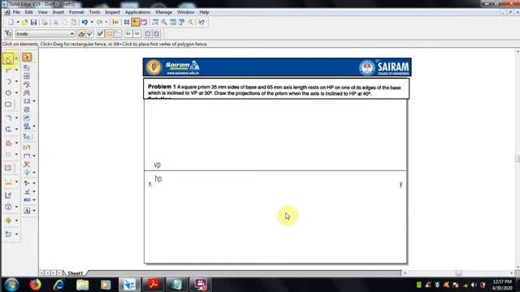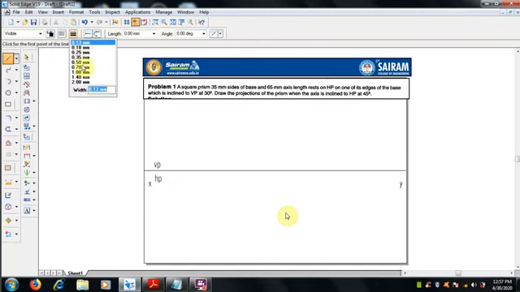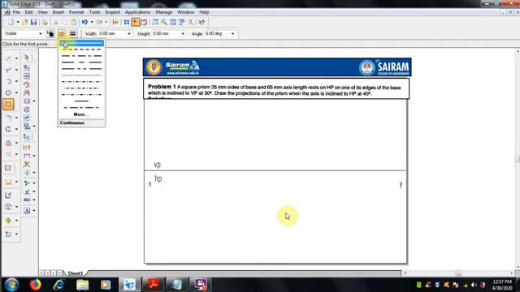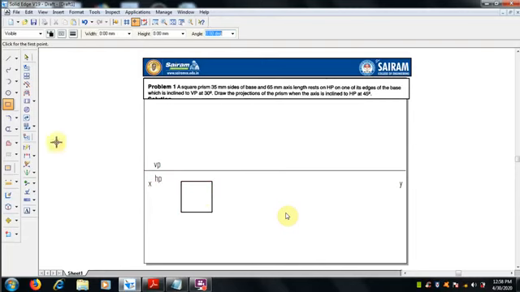So now we have to draw the prism. It's a square prism. For a square prism, we have to select the rectangle command. The size given is 35 square side, so the width and height should be 35. We will keep this in the HP, horizontal plane, in the manner that it is resting on one of its edges. This is the edge position.